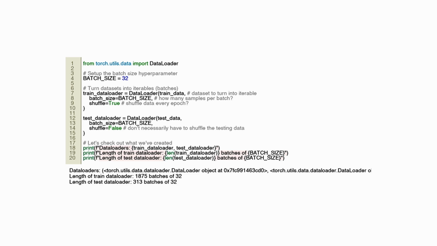The train data loader and test data loader objects are created for the train and test datasets, respectively. These objects can be used to iterate over the batches of data during the training and testing process. The code then prints out the data loaders and their lengths to confirm that they have been set up correctly. This step is important in order to ensure that the data is properly loaded and organized for the machine learning